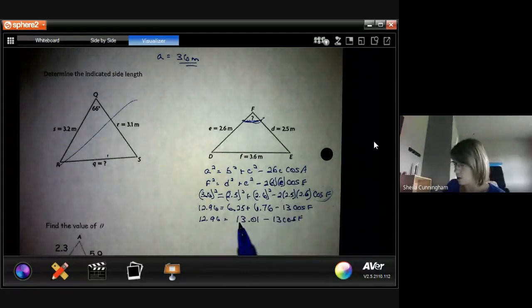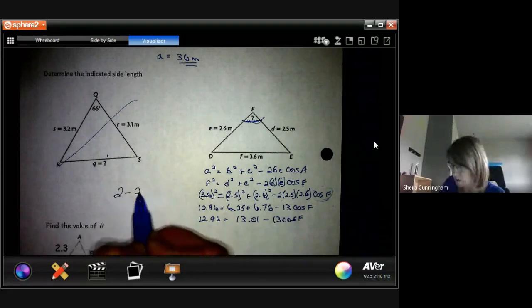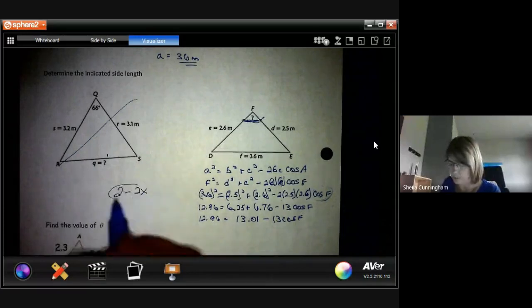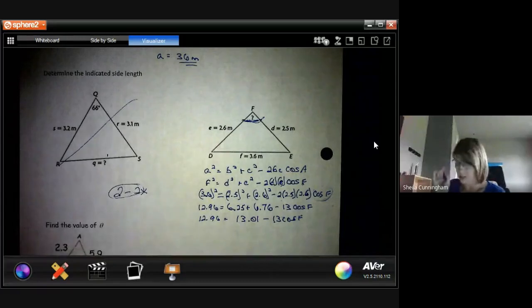Now, lots of kids will look at this and go, 13.01, subtract the 13. You can't subtract these two numbers because the cos of F is getting multiplied to this 13. That's like saying, oh, I'm going to take 2 minus 2x. Well, we can't do that because these aren't the same terms. They're different terms, so we can't just subtract the two 2's together. Same thing here. So instead, if I'm trying to isolate this cos of F, I'm going to subtract the 13.01